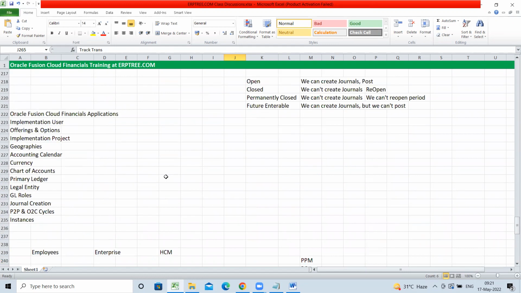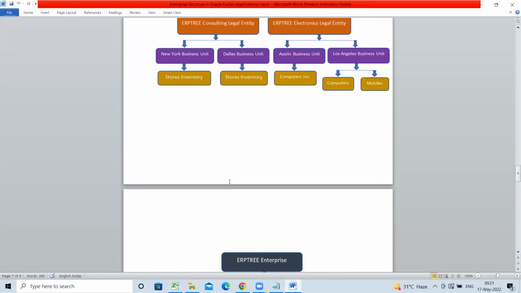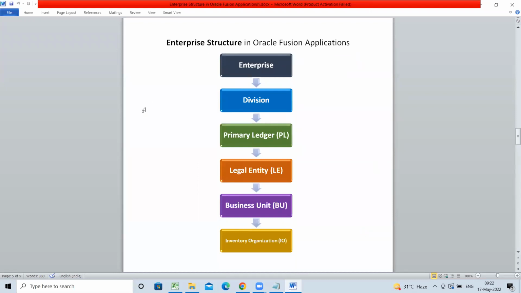Okay. So we're trying to understand this enterprise structure. Anusha, please. Yeah, the enterprise structure, whatever we're trying to explain, we're able to understand concept wise, but when it comes to linking it to the system and application, since we do not have the functional background, it's a bit difficult to link. Anyone can understand. My question is like